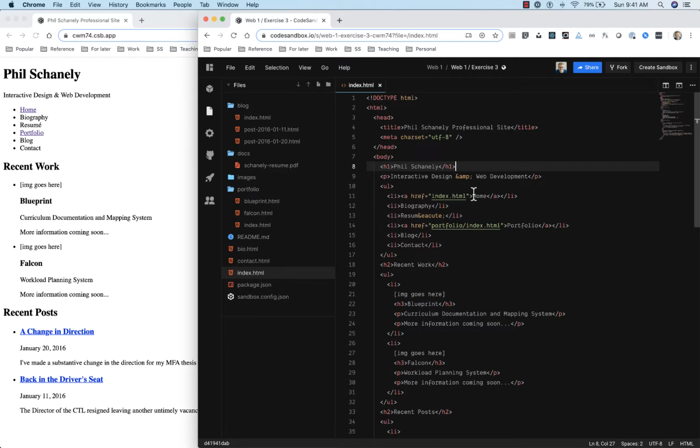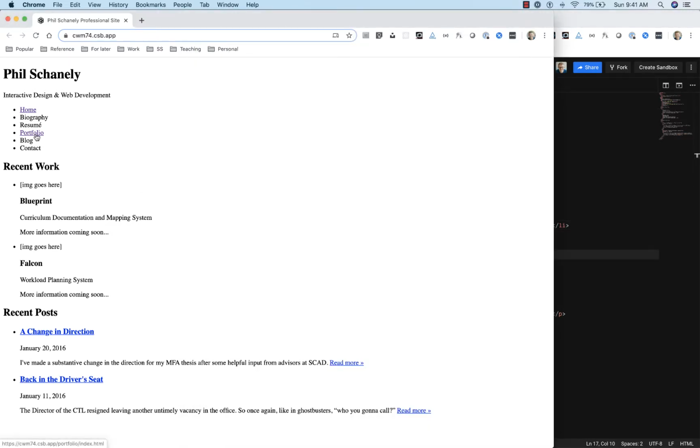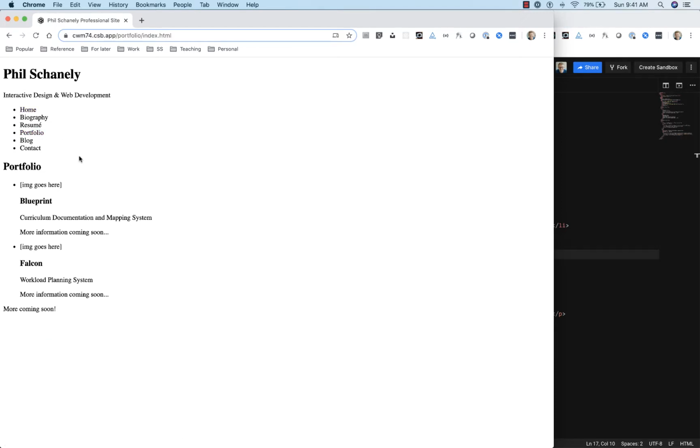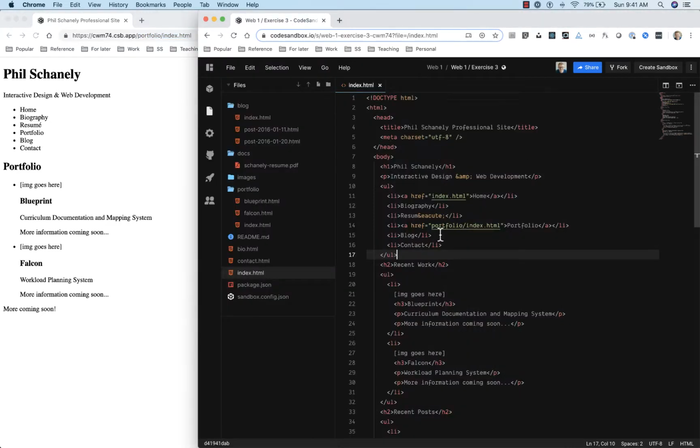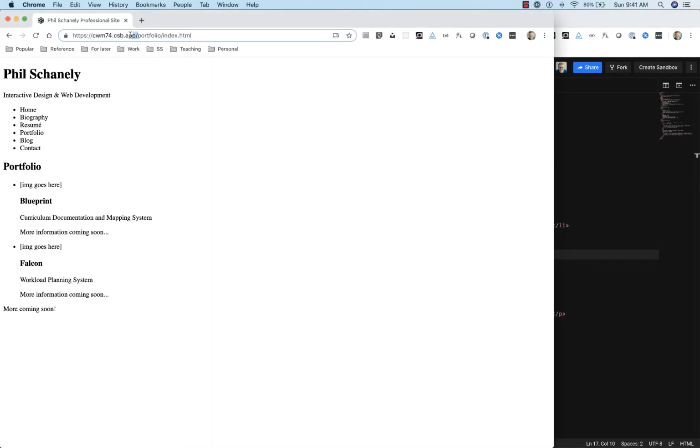Okay, so we have a link to our home page. We have a link to our portfolio page to demonstrate the two different ways that this works. But let's talk about what this navigation would look like when we're on the portfolio page. So let's click to the portfolio page. Notice that the path up here is also reflecting that very same structure. The portfolio / index.html should match what we have here. Now, all this bit up at the front is just the unique URL for your actual sandbox. So you can sort of ignore that and imagine that everything after that first / is your relative path to